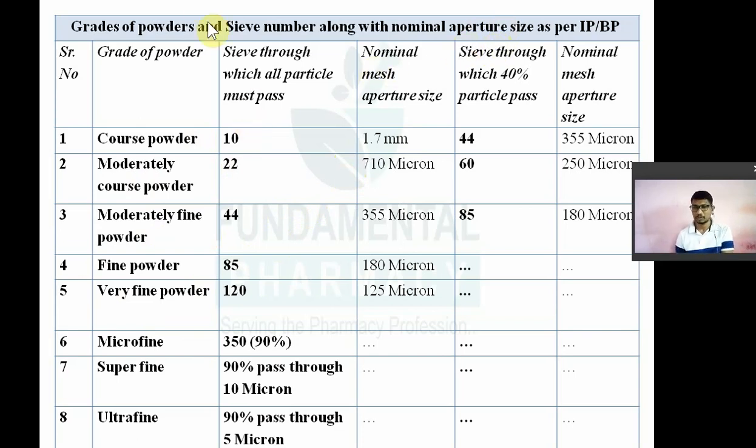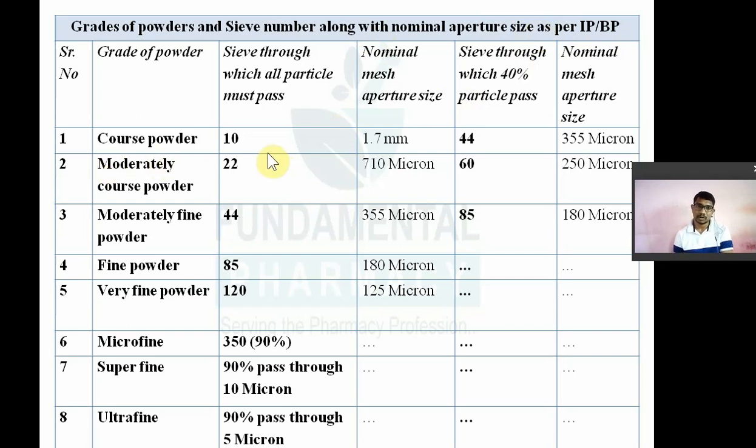What do you mean by coarse powder, what do you mean by fine powder, what do you mean by moderately fine powder? इसके ऊपर कभी क्वेश्चन आ जाता है, ठीक है। तो कोर्स पाउडर, मॉडरेटली फाइन, we'll see it. So grades of powder and sieve number along with the nominal mesh aperture as per IP and PP. तो यूएसपी के अकॉर्डिंगली अलग होता है, आईपी पीपी के अकॉर्डिंगली अलग होता है।